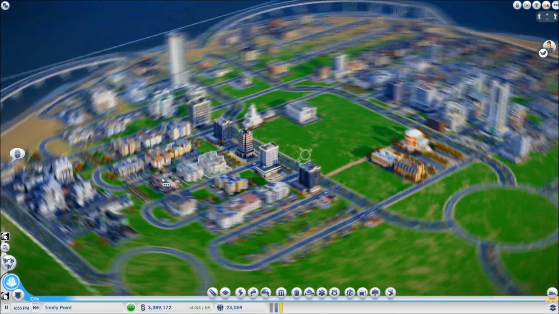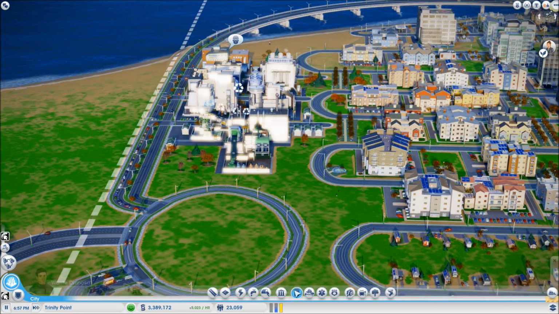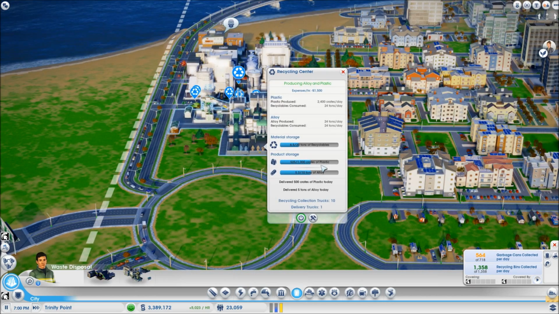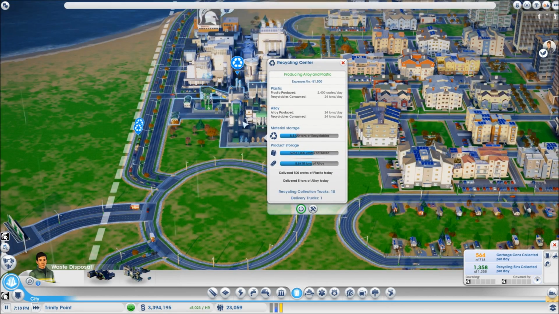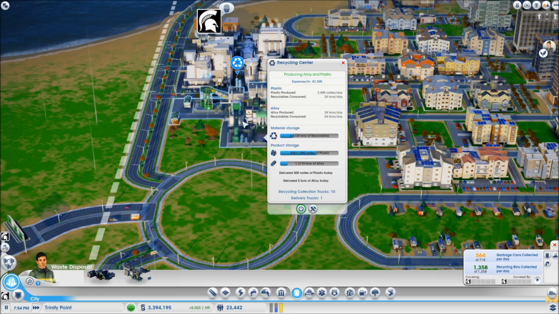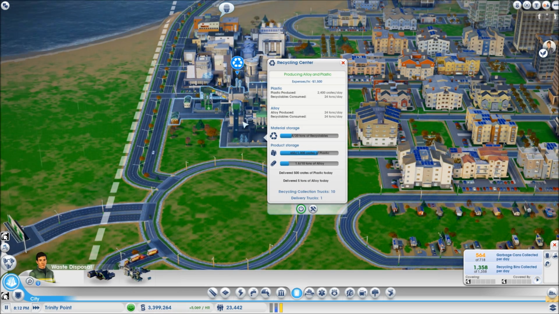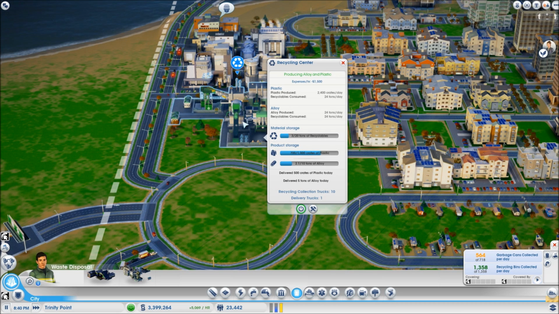And now we can try and track just how much recyclables are going to be produced by this recycling center. Now I know from previous days that I was able to produce around 600 crates of plastic and around 8 tons of alloy. Now if I run this city, I will stay here and watch and see just how many tons of recyclables are going to be received by this city, and just how much plastic or alloy it is going to produce. Now if I keep looking, I can see that the recycling trucks have finished their run,